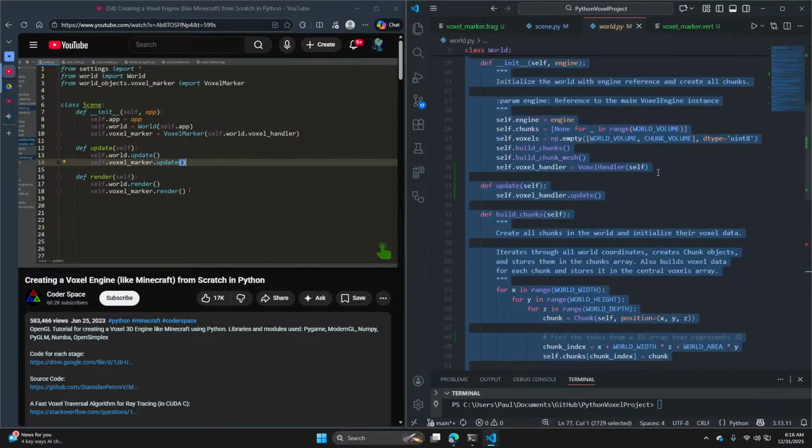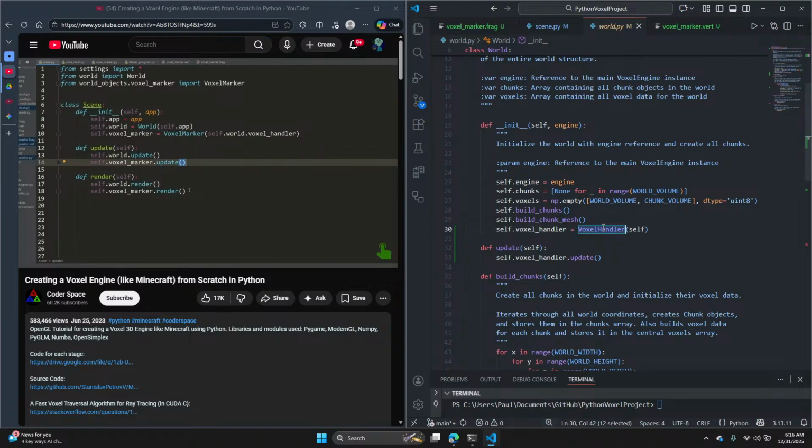So the world will have its own voxel handler.